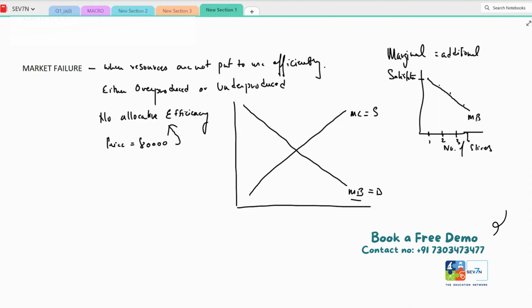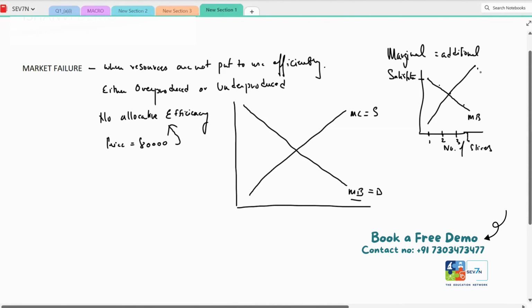The first iPhone you had, probably you were very excited, you were benefiting out of it. Maybe the second, the third, and now the fifth iPhone, it's just another iPhone for you. Are you getting it? So the benefit is always a downward sloping curve for consumers. But for a producer who's producing pizza, every additional slice which he's selling to you, there is a cost to it.